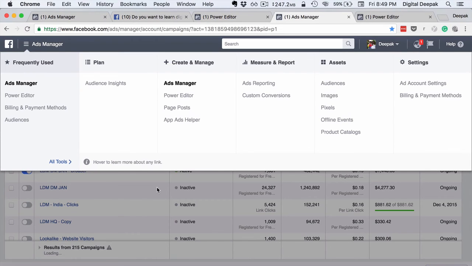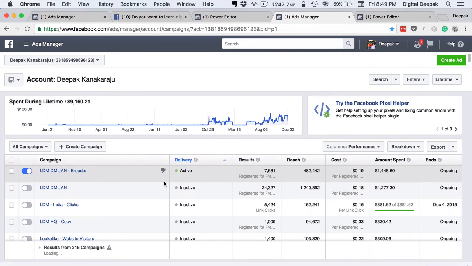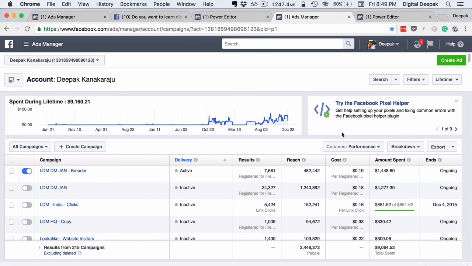My account was set up long back, at a time when INR spending was not available. So my account is still denominated in US dollars, and I pay via my credit card. It's charged in dollars. That is the only difference. But if you go ahead and open an account, you should be able to see Indian rupees here. I got comfortable with looking at the statistics in dollars, and that's how my brain is wired right now, having run campaigns over quite some time. That doesn't make any major difference for you anyway.